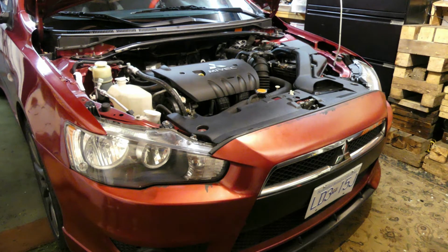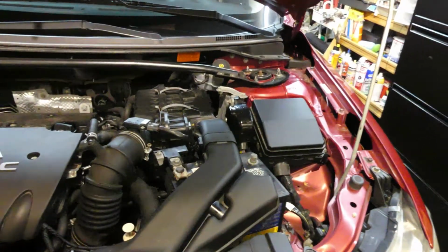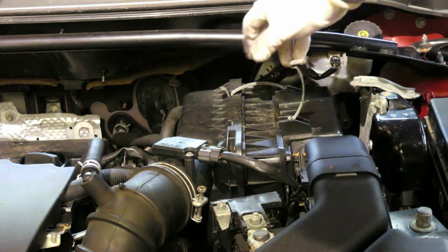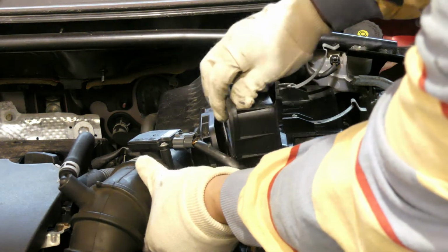So let's go back to the video and let's remove the air filter for this car. In removing the air filter for this car, it's very simple. Just remove those 2 clips right there on the top, and that's pretty much it. So I will be showing it to you. These are the 2 clips that I'm talking about. Just unclip it and then push this a little bit, and